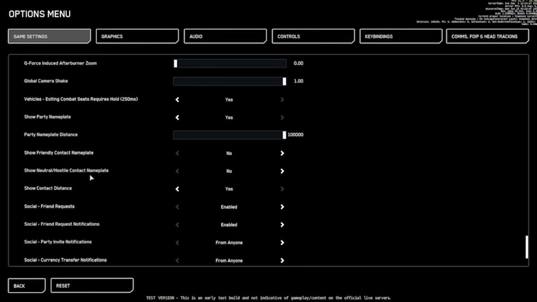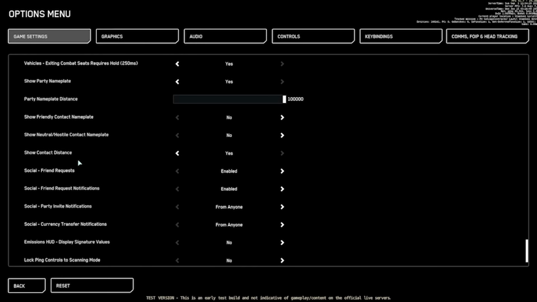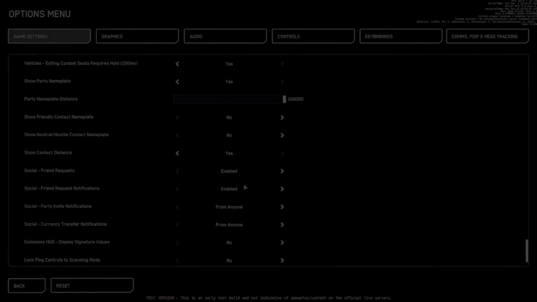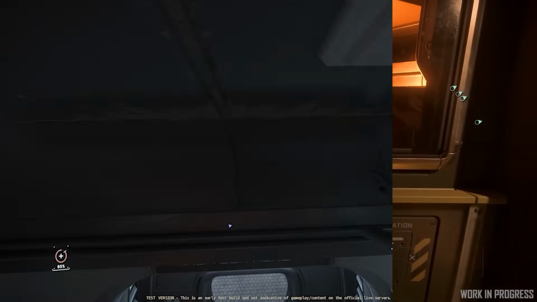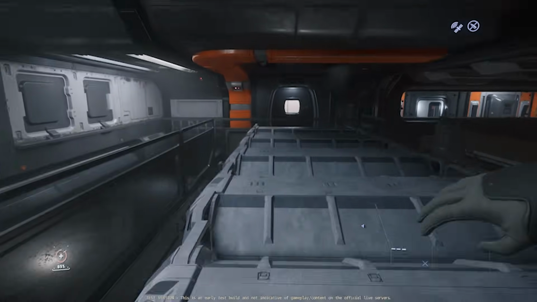more control over comm calls, invitations to parties, friends and currency transfers and their notifications, empty RMC canisters can now be crafted by the salvaging ships, updates to vaulting and mantling, which include the ability to ledge grab far more freely onto ships